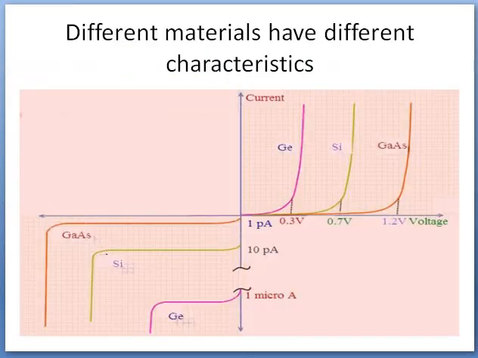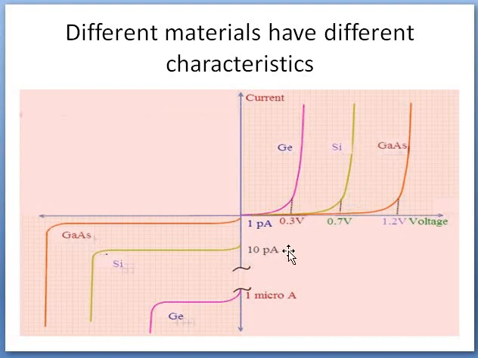So if you would see this kind of graph in the text, you would immediately understand what the characteristics curve tries to explain. This graph is for different materials. Like germanium diode has a knee voltage of 0.3 volts. So once the battery voltage exceeds this value, the germanium diode starts conducting, and its breakdown also comes very fast. It has a significant amount of reverse saturation current. On the other hand, silicon needs more than 0.7 volt to start the flow of current, and silicon